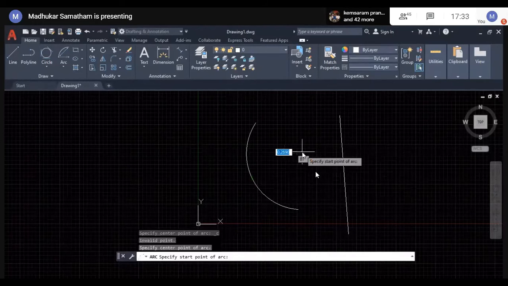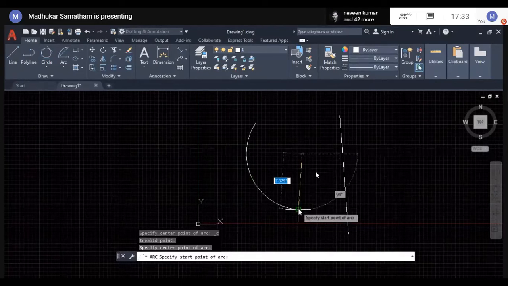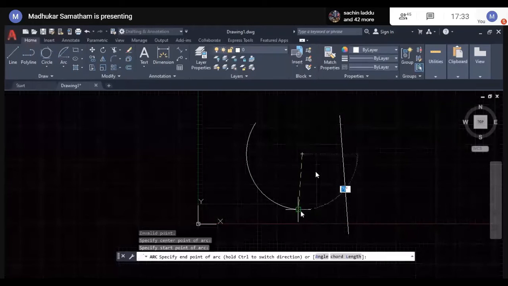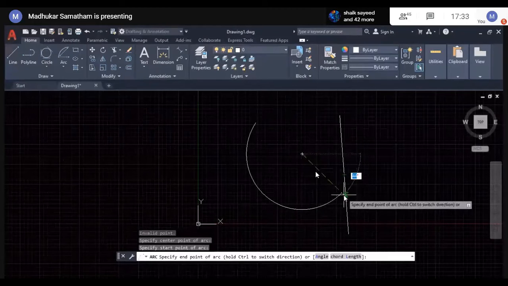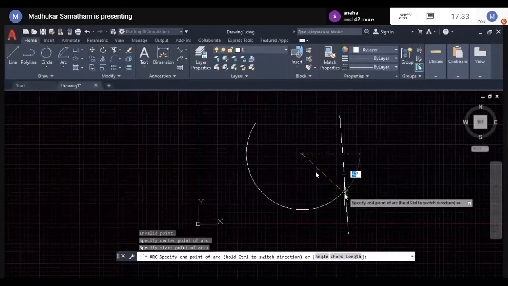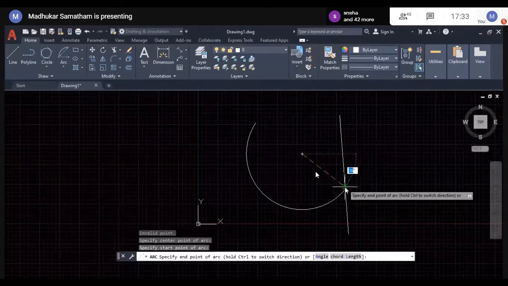This is my center point, and here is my starting point. If you know the chord length, you can specify. Or else if you don't know the chord length, you can select the nearest point on the line.